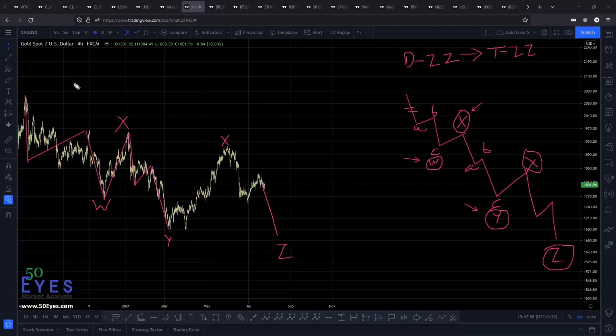So that's our hypothesis 1, H1, which is basically suggesting downward movement. The second hypothesis is that this is the Y complete and this is an impulse in the upside direction. So let's quickly have a look if this is the Y complete over here. As we discussed earlier, an impulsive move in the upside direction will look something like this: 1 up, 2 down, 3 up, 4 down, and 5 up, right?